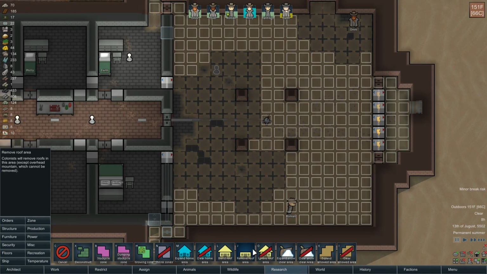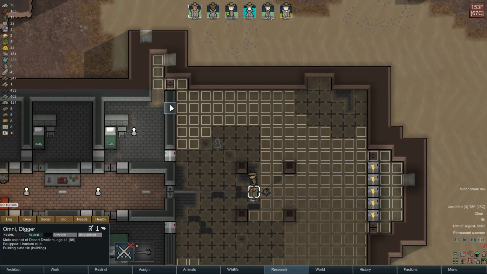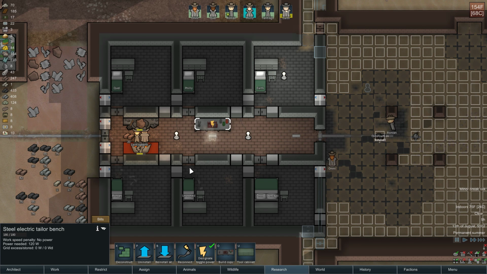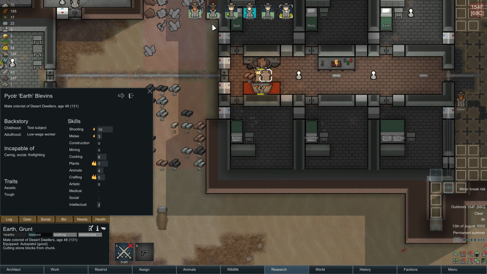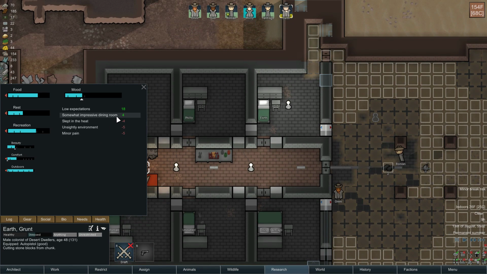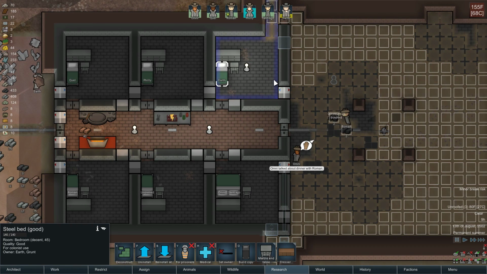And then what I'm going to do is remove the roof in these 4 spots. That's so that the sky doesn't fall down on my head. And now I think it is time for Philly, or for Earth, to earn his... Oh, he's probably upset by his bedroom, isn't he? I think his bedroom's crummy enough that it doesn't upset him, but...